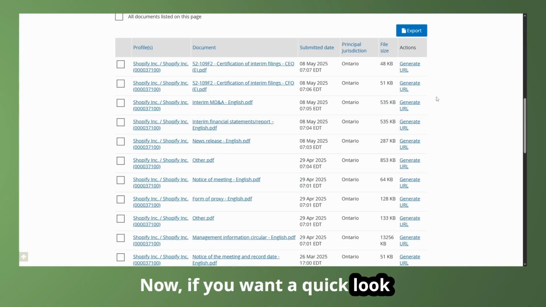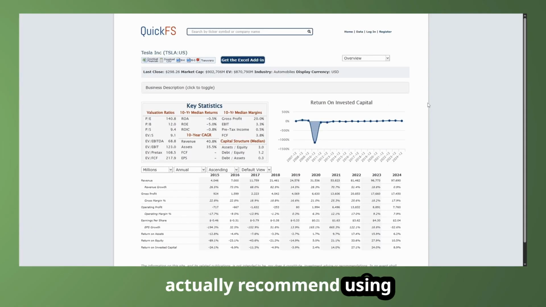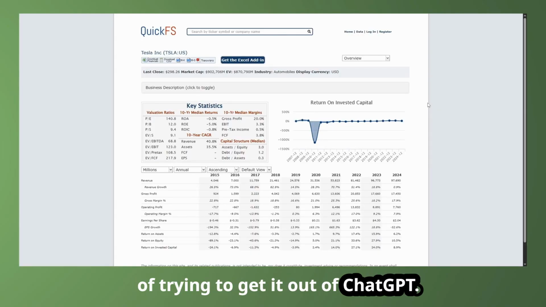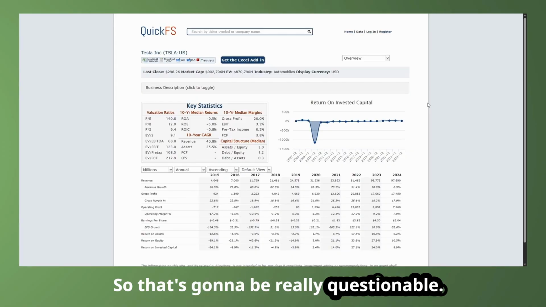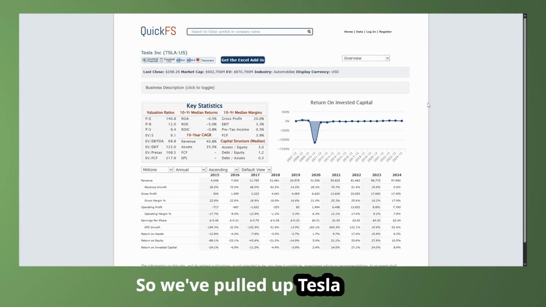Now, if you want a quick look at some financial ratios, I would actually recommend using something like QuickFS instead of trying to get it out of ChatGPT. That's going to be really questionable, and depending on what document you're putting in, it's not going to be the best. So we've pulled up Tesla here, and it's worth noting that we can see a lot of the different valuation ratios and key stats,